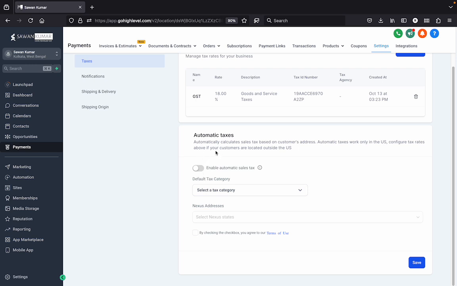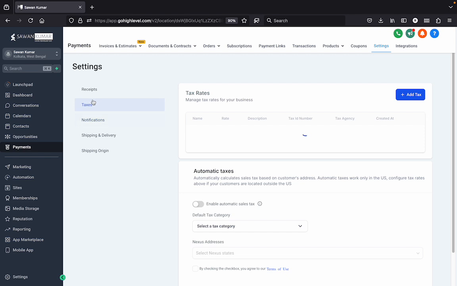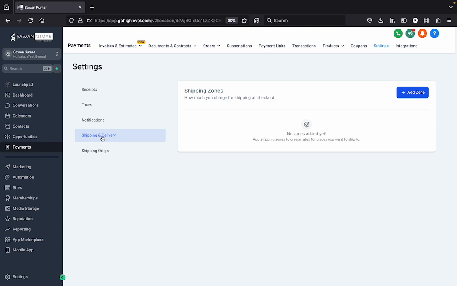Enable automatic taxes, calculate sales tax based on customer's address. Automatic taxes works only in the US, so configure tax rates above if the customers are located outside the US. That's taxes. Notifications, let's see what's there in notifications. Email template, abandon cart, send after 10 hours, send to the customer if they leave checkout before they buy the items in their cart. Shipping and delivery,